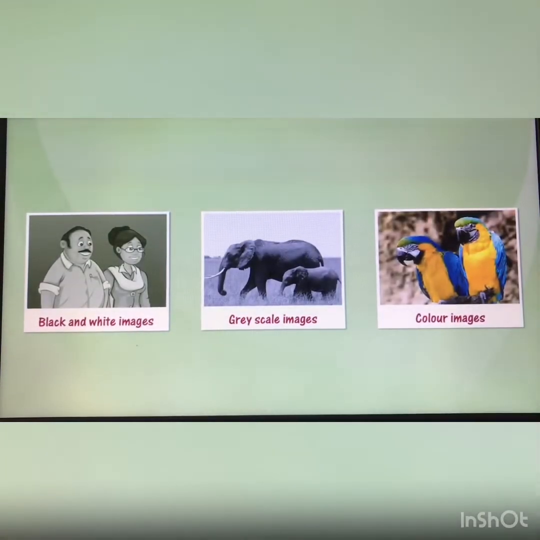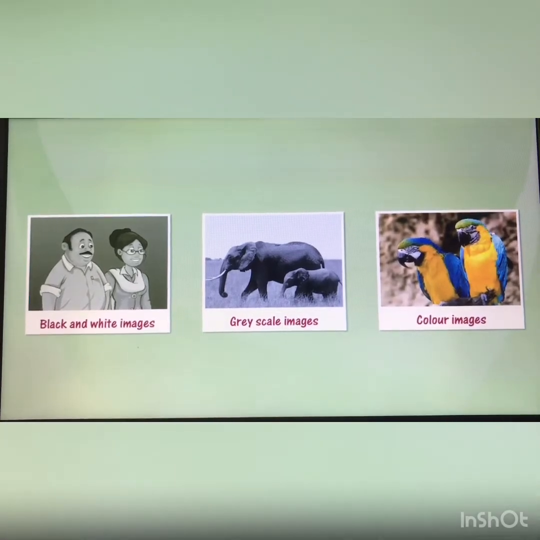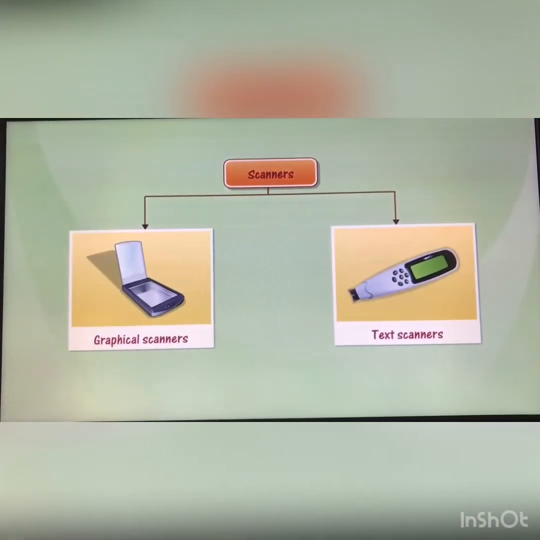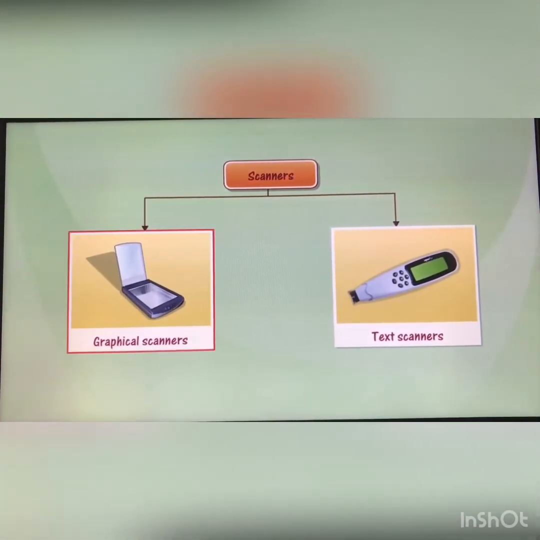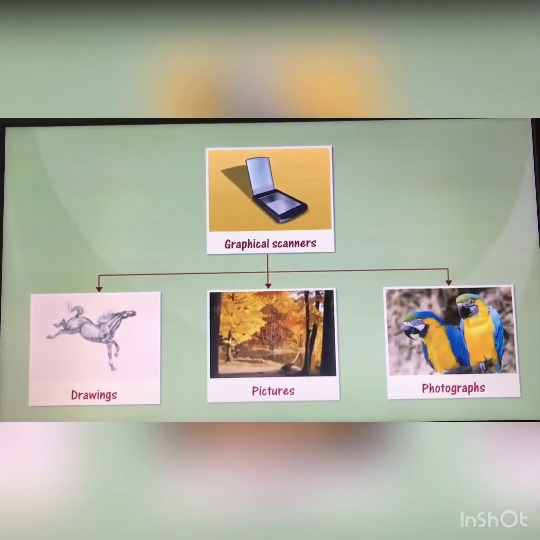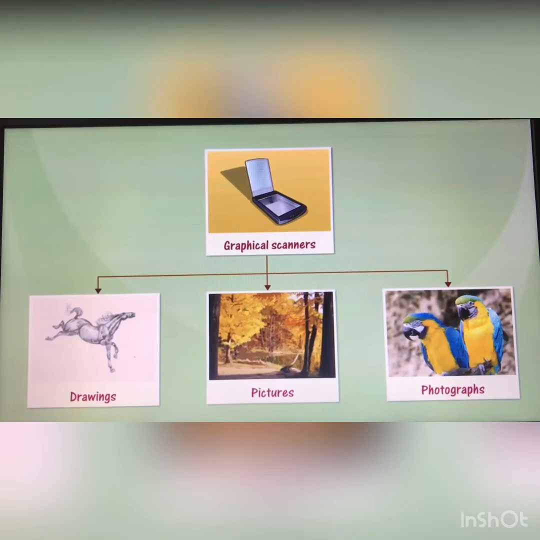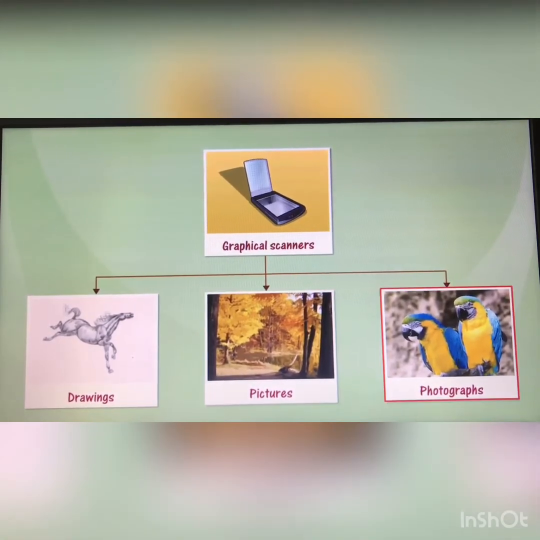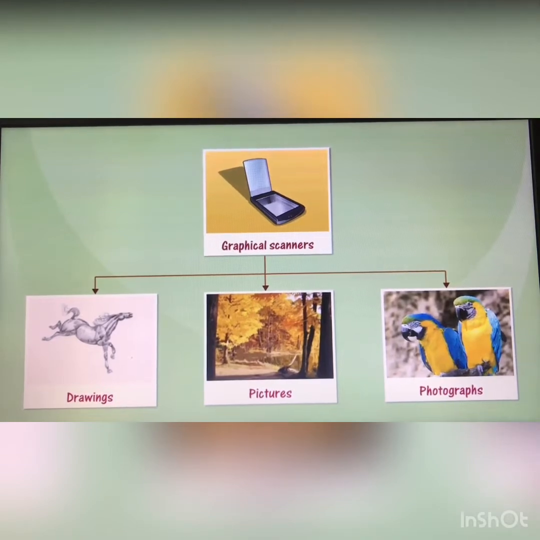Scanners can scan and store documents as black and white, grayscale or color images. They are of two types, graphical scanners and text scanners. A graphical scanner is used to scan images such as drawings, pictures, or photographs. Do you know where such scanners would find use?